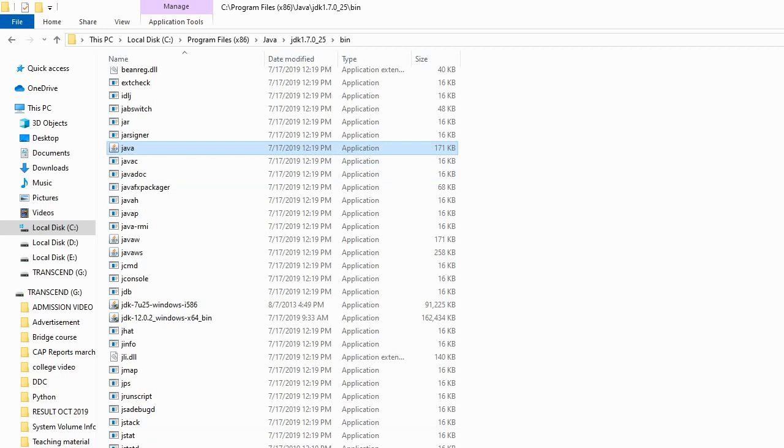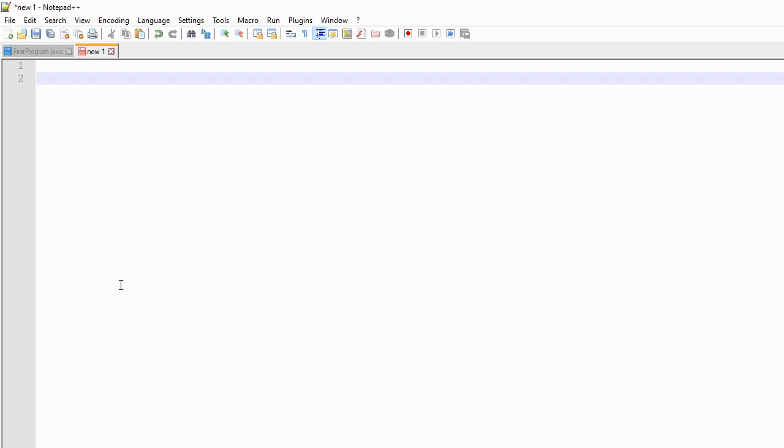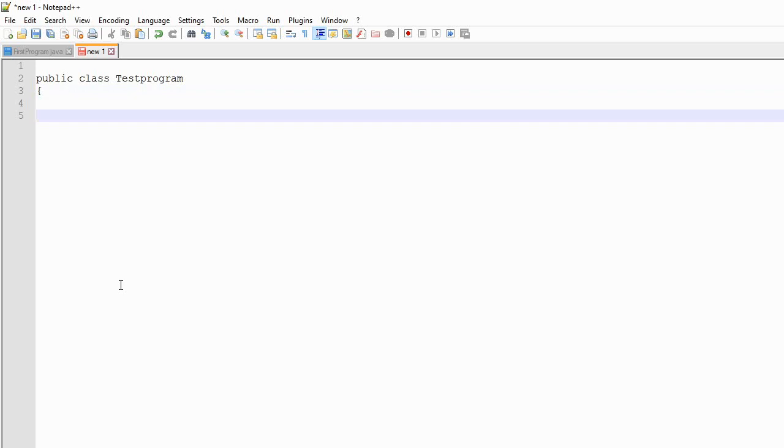Okay, so let's start with your first program. For writing your first program, you have to open the editor as always, as you have written Python programs also. So this is the editor where you are going to write your Java program. Okay. So the very first thing that you have to remember, Java is a completely object-oriented programming language, and that's why everything is enclosed in a class. So you have to create one public class. Okay, I'm just naming this class MyTestProgram, or whatever name you would like to give. Okay, so this is the structure of writing a Java program.